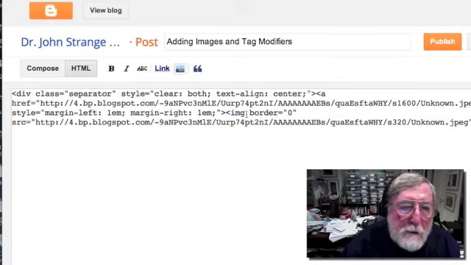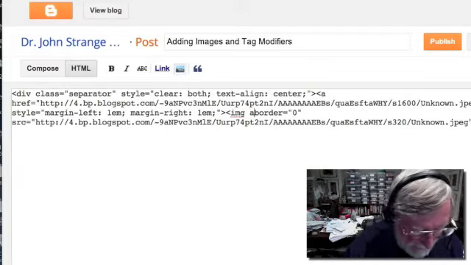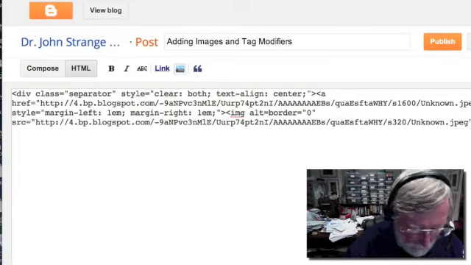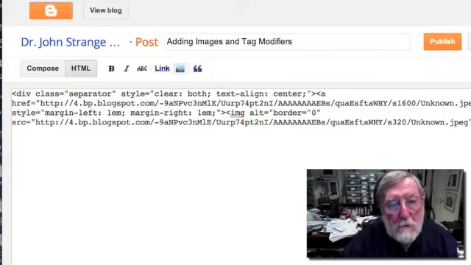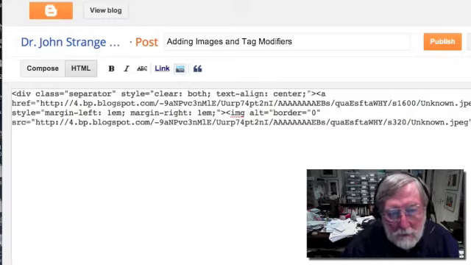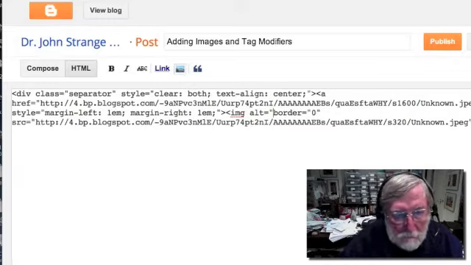Then after the space, be sure that space is still there. You're going to type ALT equal quote. Now that ALT is going to tell the computer to read whatever you write, starting right now between this quotation mark and the next one. You're telling the computer to read that